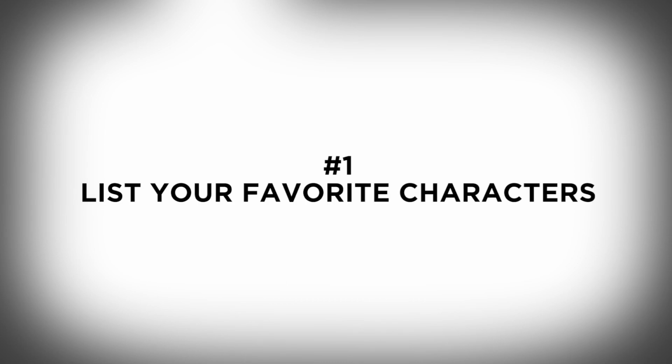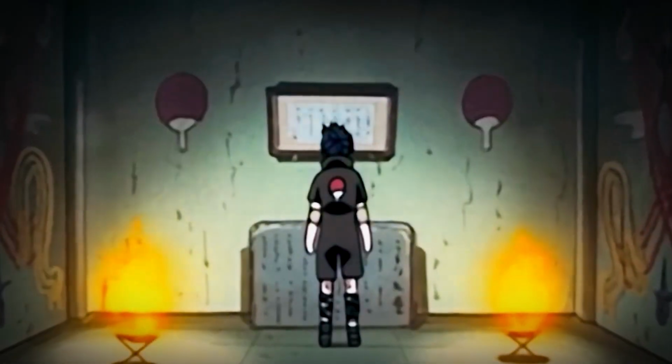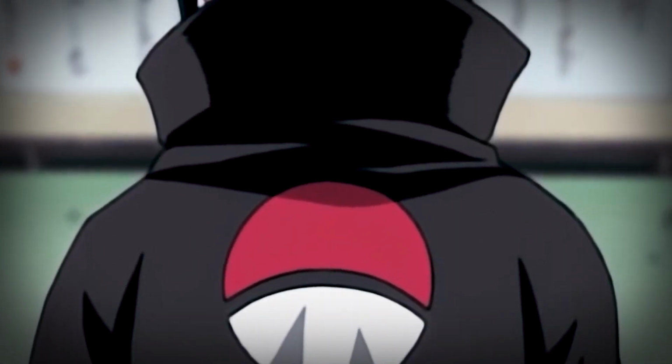Number 1, list your favorite characters. Your favorite characters are who you are inspired by in fiction, so they're going to be incredibly important in creating your character. I know we just said we aren't going to make Sasuke again, but bear with me, go ahead and write Sasuke down, because we're going to make a bullet point breakdown of why you like him,